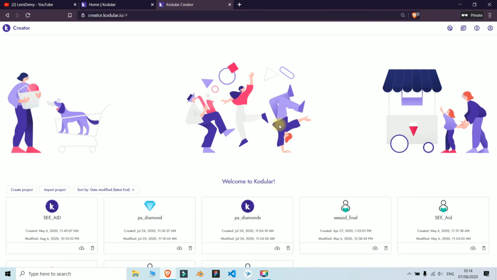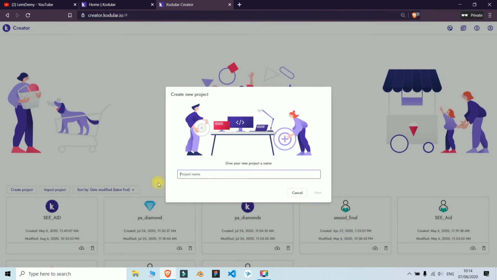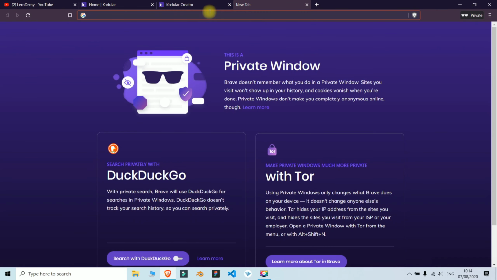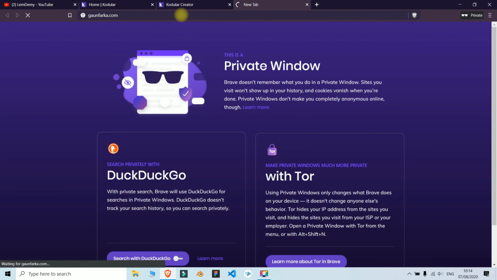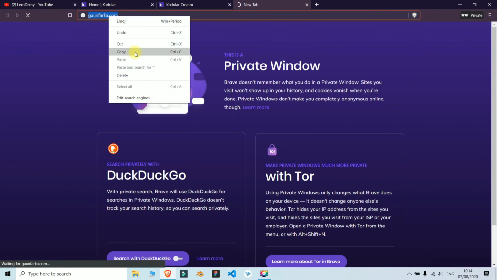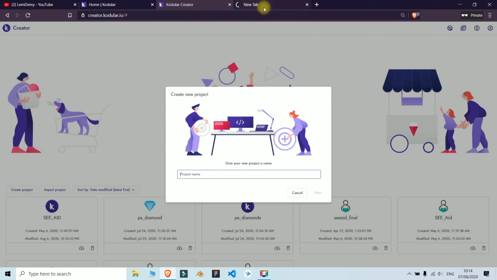After this, you will reach this screen. You can click on create project and write the name of the app. I am going to make a web application of one e-commerce website I have. This is the website of which I am going to make the app. I am copying its link. I am writing its name,